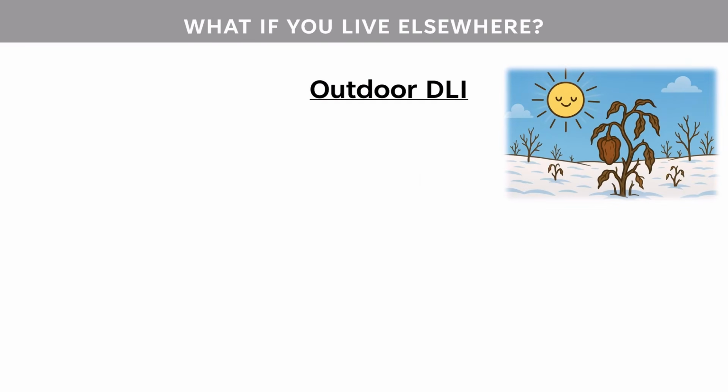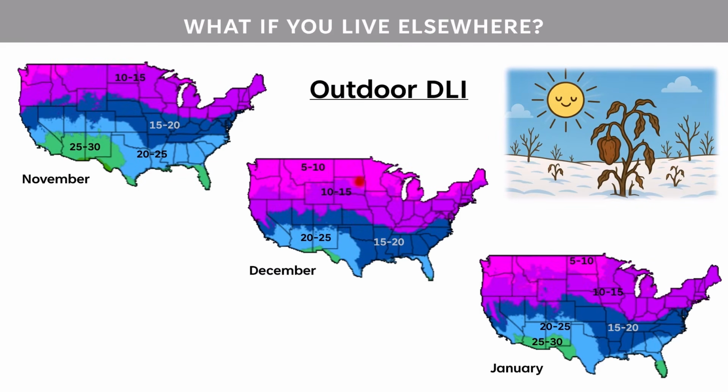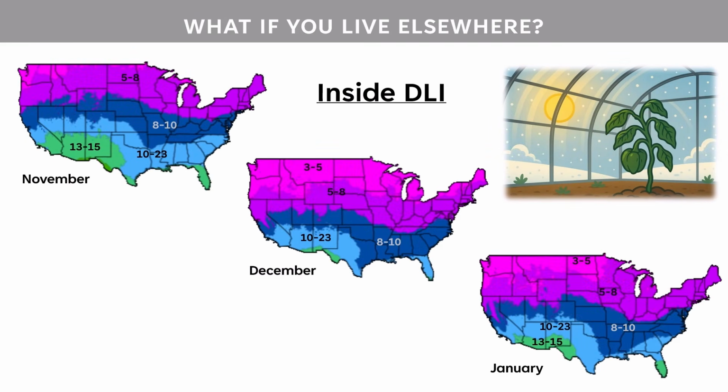So what if you don't live in South Dakota? How do other places compare? Your actual amount of daylight depends on your day length and the number of cloudy days that you have. In an outdoor scenario, it ranges from 5 to 10 up where I live to 20-ish in the southwest United States. But what about in our high tunnels? Of course, it only goes down further, unfortunately. See if you can find your location on this map to see how much it drops in December. I'm sitting at about 5.